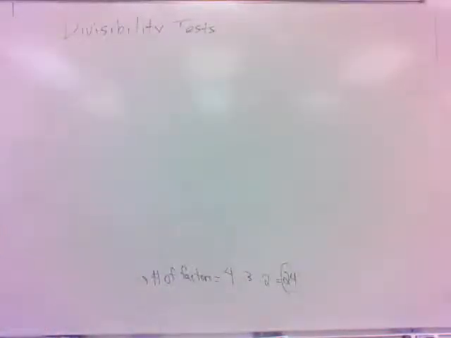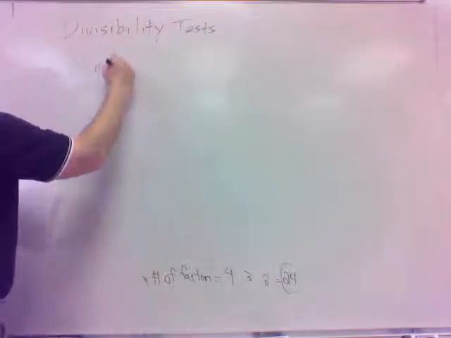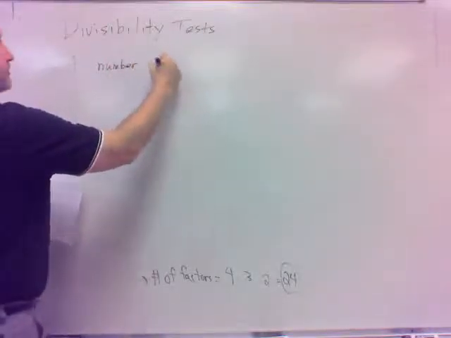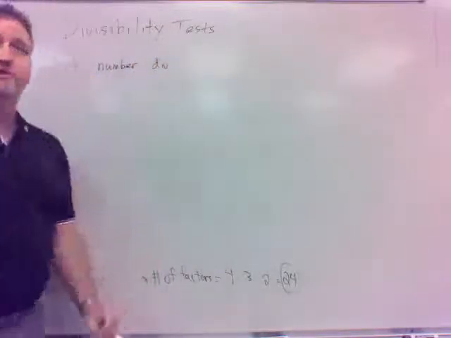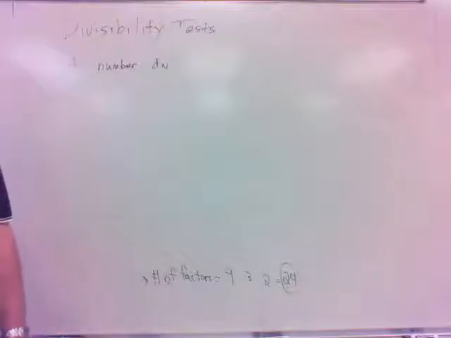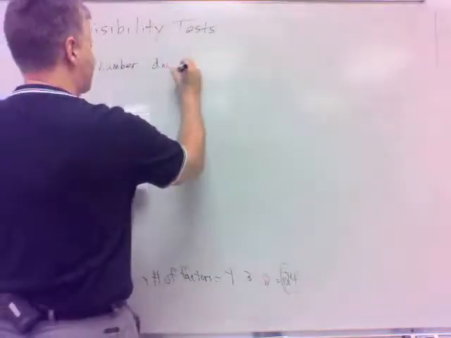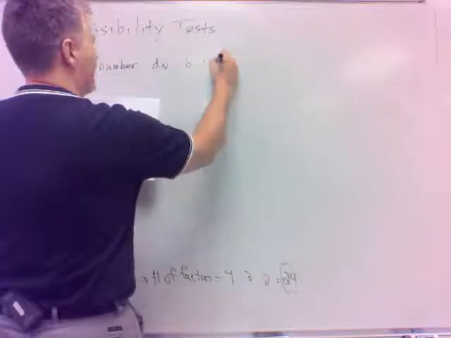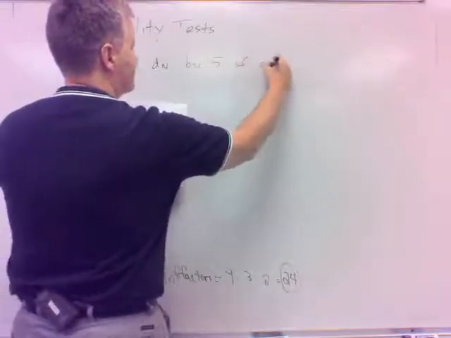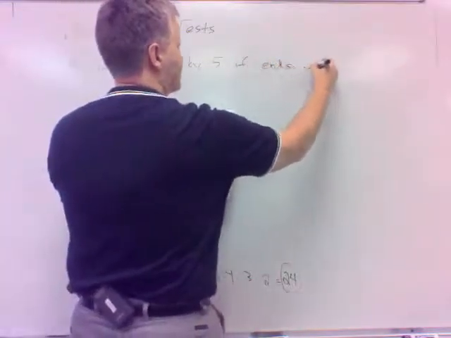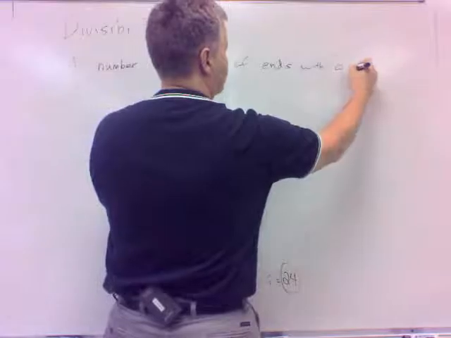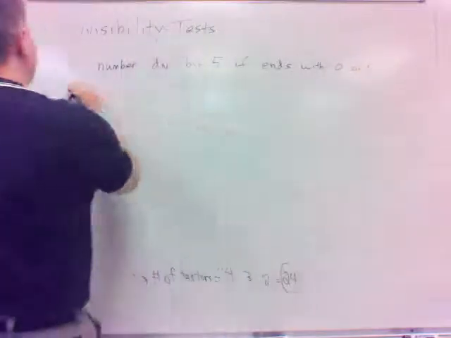How can you tell a number is divisible by 5? If you go through multiples of 5: 5, 10, 15, 20, 25, 30, they always end in 5 or 0. A number is divisible by 5 if it ends with 5 or 0. And then 10 is even easier